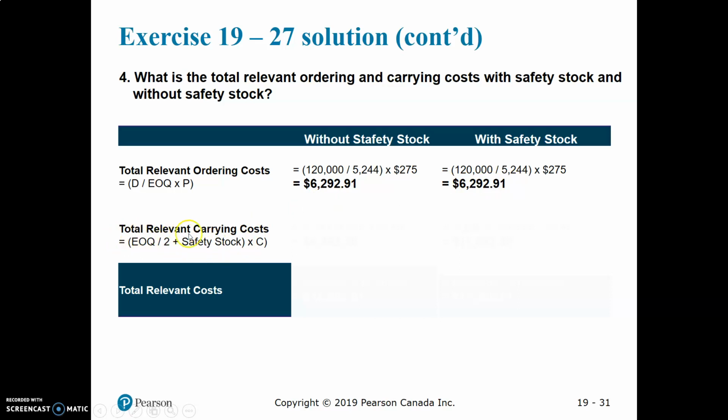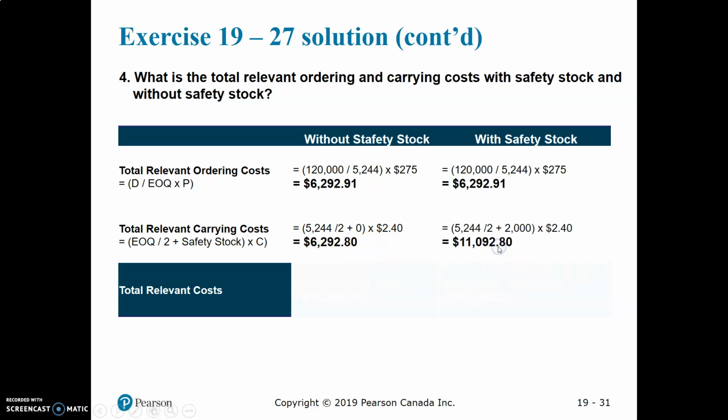Moving on to total relevant carrying costs, the formula is EOQ over 2 plus the safety stock times our carrying costs. So for without safety stock, we know our EOQ is 5244 divided by 2 plus, because we are solving for no safety stock, our safety stock value is 0, times our carrying cost of $2.40, which results in